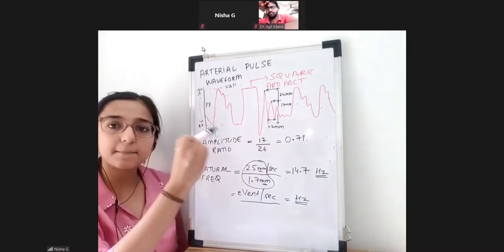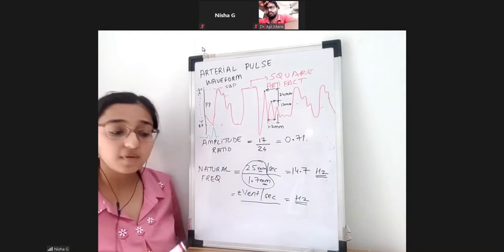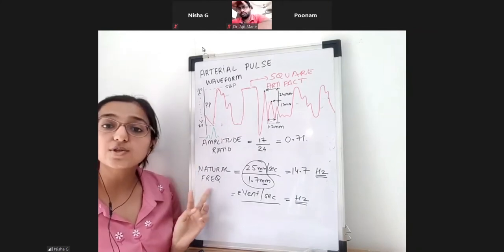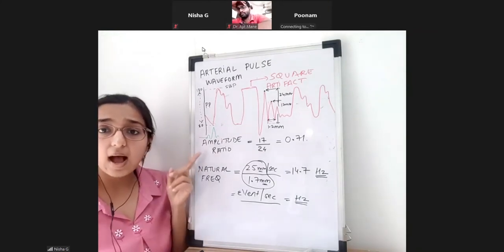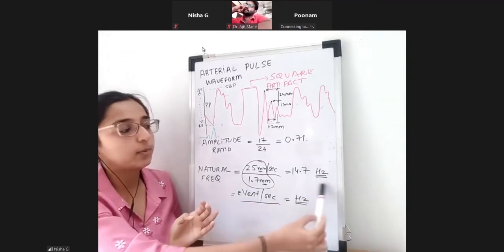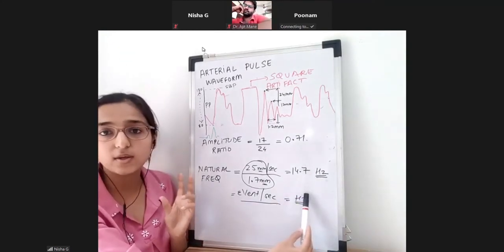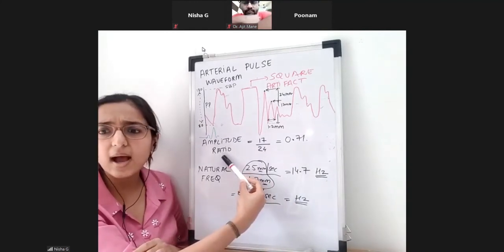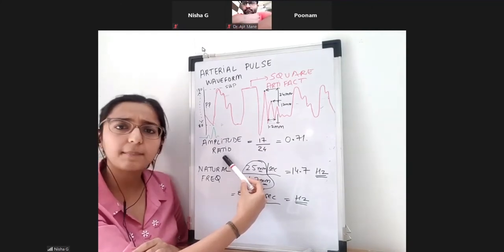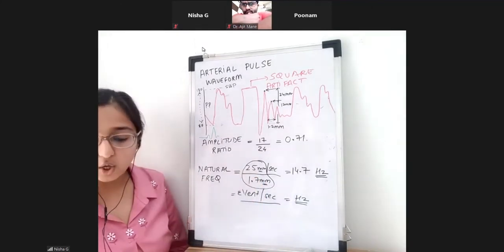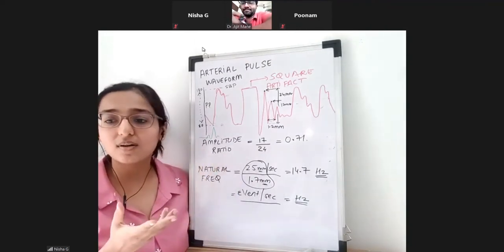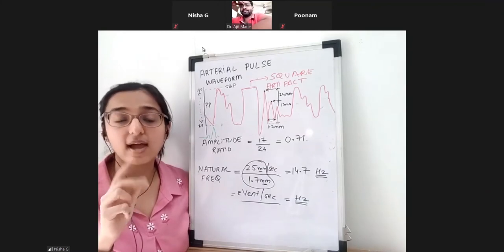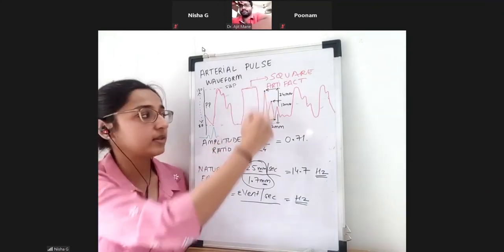By doing this simple fast flush, we have been able to understand two things: amplitude ratio and natural frequency. Though I got 14.7 hertz, exactly the value that I want, in hertz, the natural frequency, for amplitude ratio you will tell me, I want damping coefficient, I don't want amplitude ratio, right? You will say amplitude ratio is not of use. I need to know two values. You told me you will tell me natural frequency and damping coefficient by doing this fast flush test.